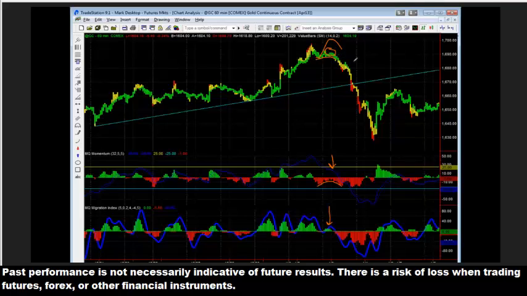The other comment I'd make is, notice over here I'm using a 32, 5, and 5 parameter set combination for my MQ momentum. If you use, like, a 50, 38, 10, for example, so it gives you a longer term perspective, you're going to see a very pronounced weakening of momentum here. And that would give you a strong clue that you want to be looking to play the short side, in anticipation maybe of the trend line. So this is almost a totally separate trading opportunity up here. I don't even know if this is an anticipation trade, because this is a great potential shorting opportunity in its own right. But certainly you can see we get down here.